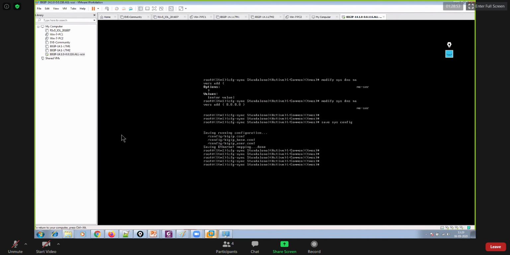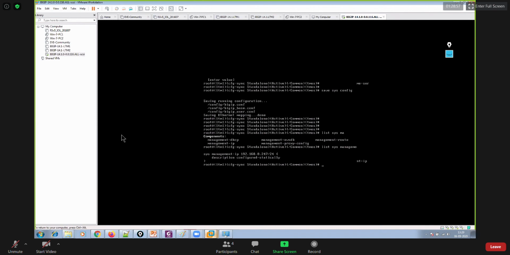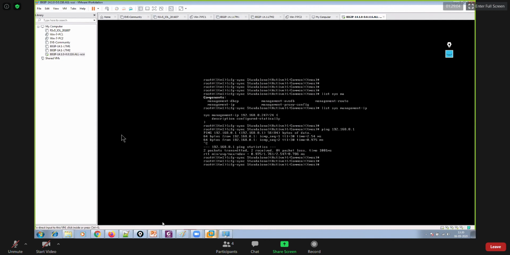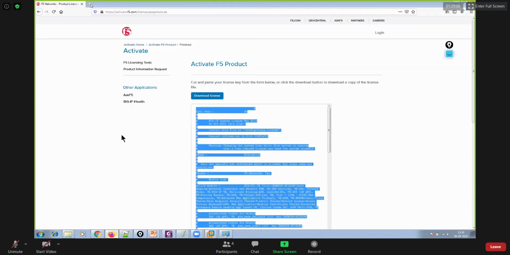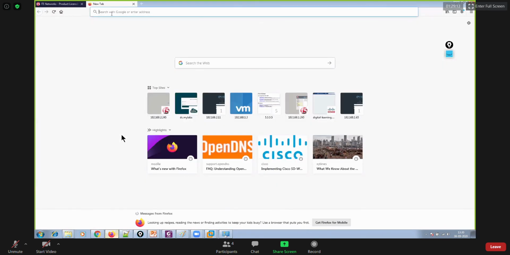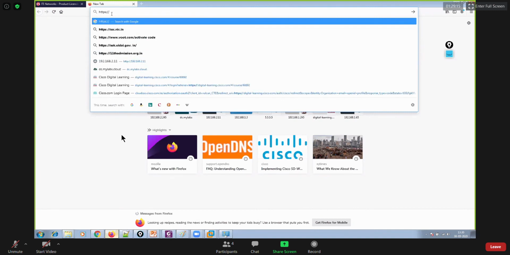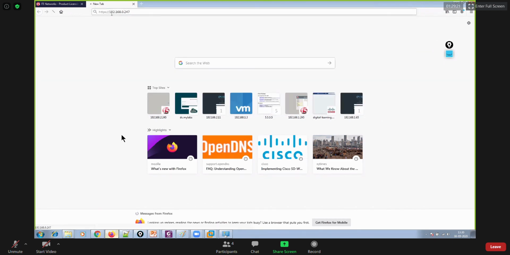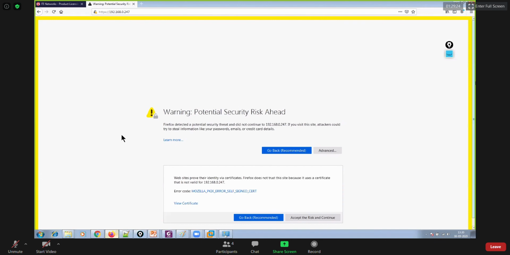Thereafter let me have access to this device now. List this management IP, and also let me try to ping my gateway, which is 0.1, which is reachable, and thereafter I'll access it using GUI. So its own IP address is 247, right? So HTTPS 192.168.0.247, so that I can have access to this box.